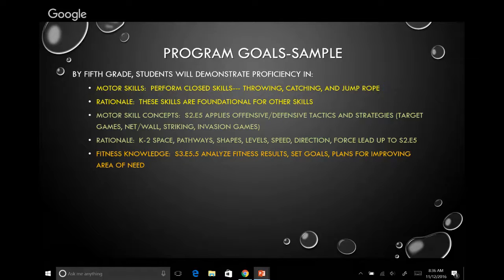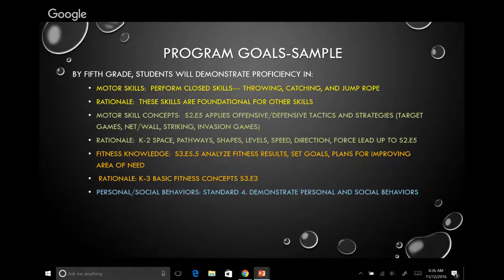For fitness knowledge, they wanted to have their kids analyze their fitness results, set goals, and plan for improving areas of need. And in the lower grades, just learn those basic fitness concepts that go into that. And then this part we tend to be pretty good at, and that's the personal and social behaviors. So making sure that the criteria for those personal and social behaviors are really explicit became the goal of this